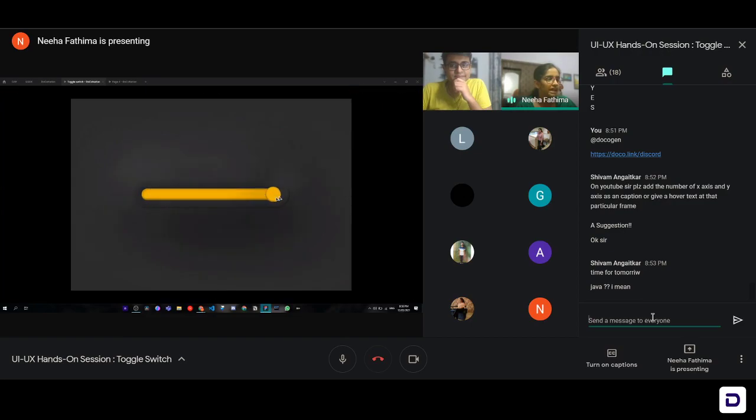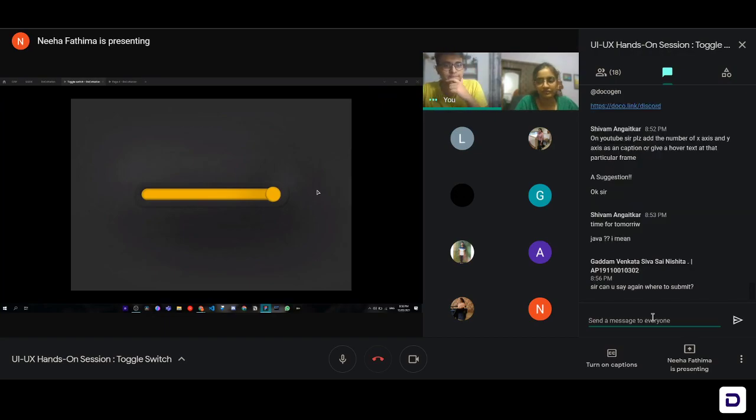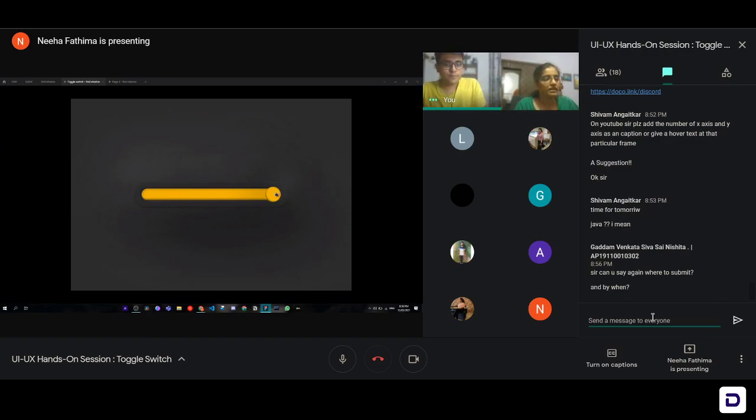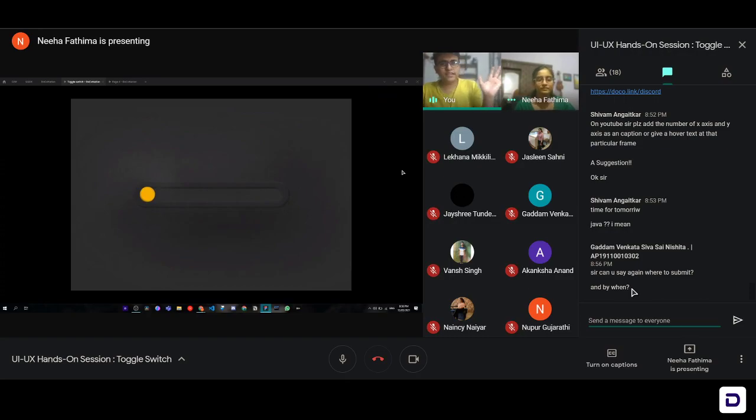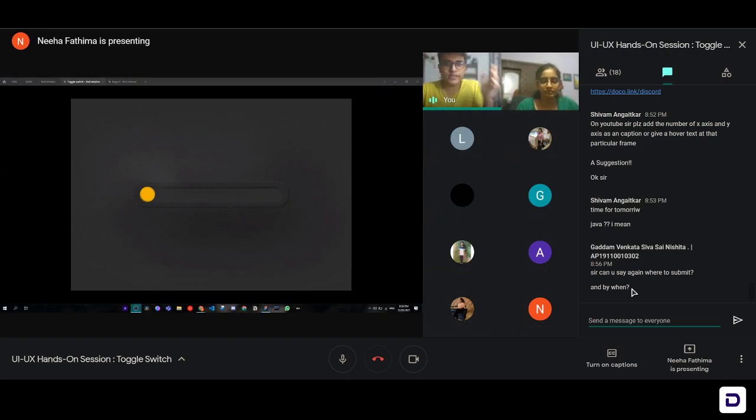You can see that it goes from this to this. It's basically also like a loader animation, a combination of a toggle switch plus a loader progress bar. You can do this by Sunday, though there's no time limit on this. We'll be seeing all of your work, but by Sunday we'll be doing that special giveaway, or the special surprise basically.